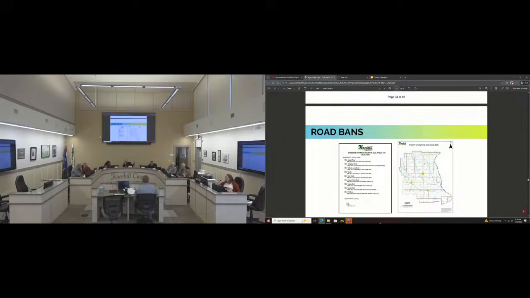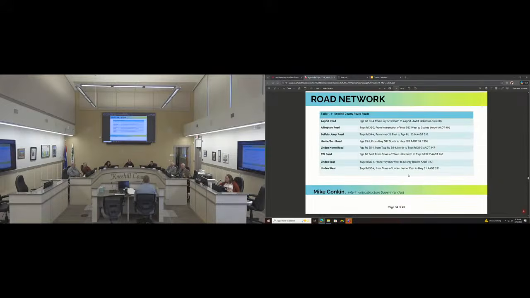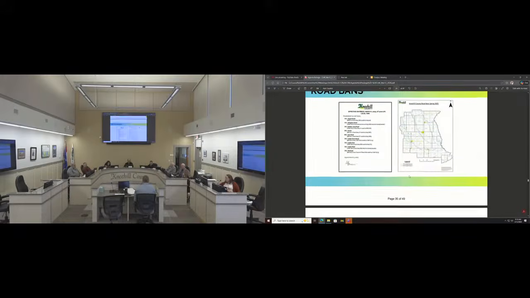And then this is just our, oh, go ahead. We have pavement going into the elevators. That is correct, yeah. Sorry, I did not add those on there. We do have two elevators, 32.2 from 21 to the elevator and 33-0 at 21-27 scale. We have about a half mile there. That's paved as well that we maintain. So that is correct, yes. We do not ban those ones, obviously. They're 100% weight all year round.